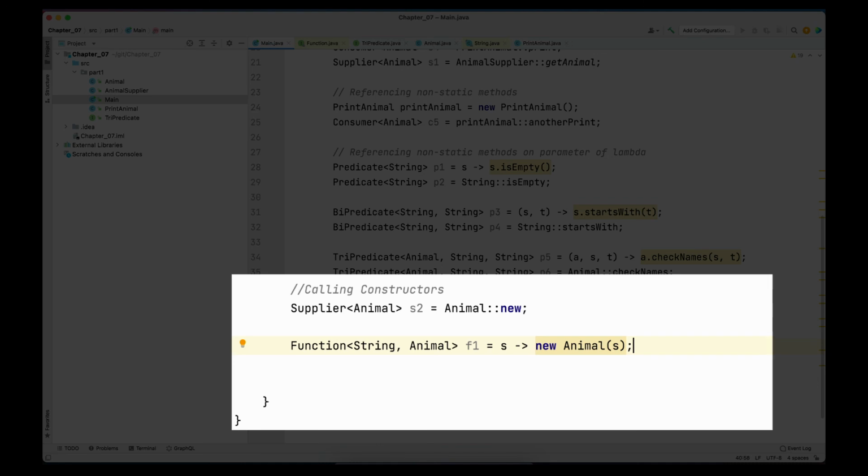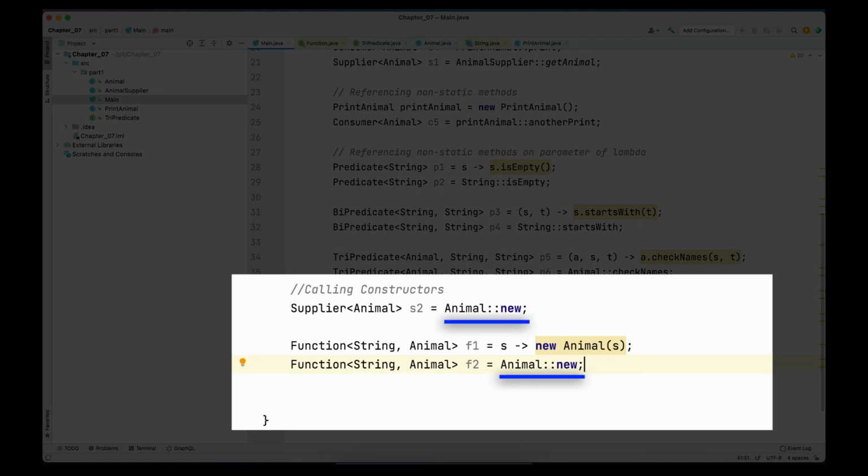The way I would write this lambda as a method reference is like so. Now Java is intelligent enough to know that it's returning an Animal, but that Animal needs to be constructed using an overloaded constructor that takes a string, because that is how we have defined the function signature.